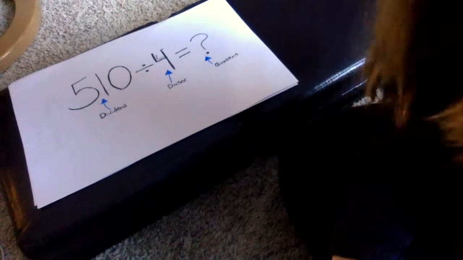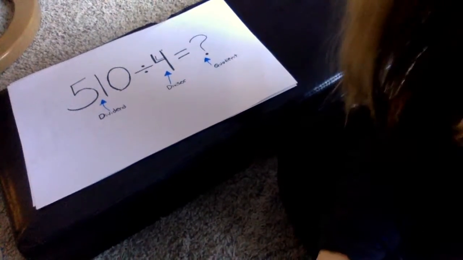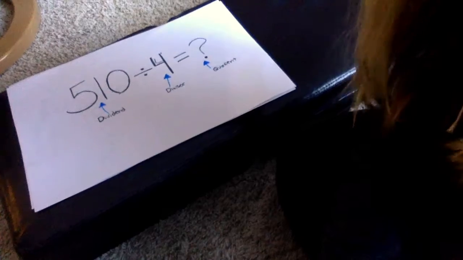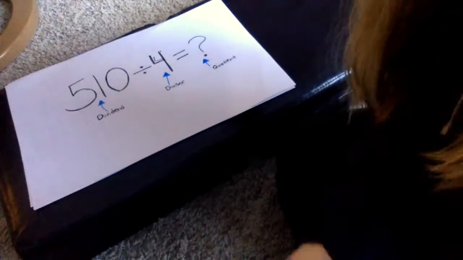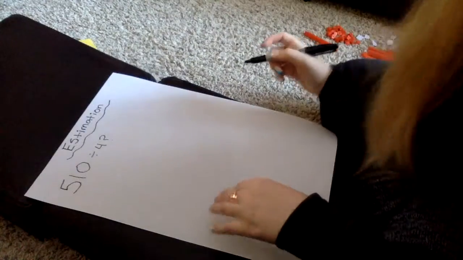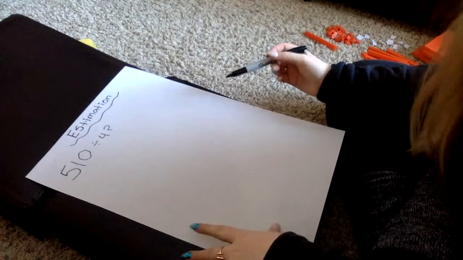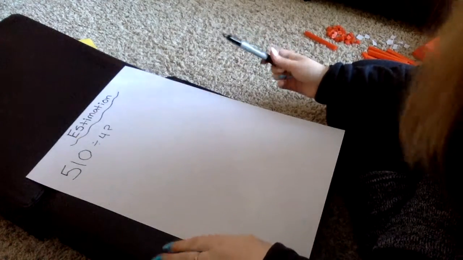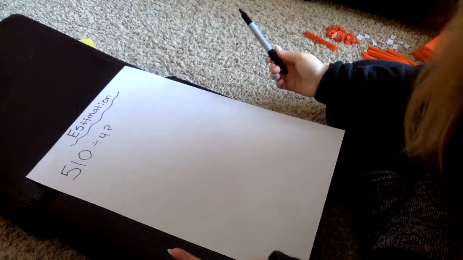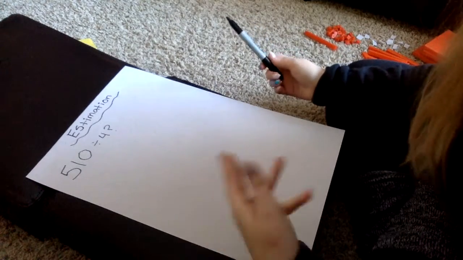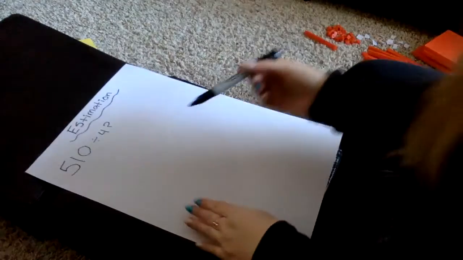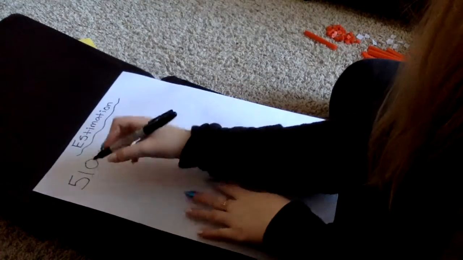The question I have is 510 divided by 4. The 510 is the dividend, the 4 is the divisor, and the answer I will be finding out is the quotient. For my equation, I'm going to be using the estimation strategy of rounding down. The first step in estimation is making your number easier so you can have an assumption of what the answer is going to be. So I'm going to round down and make my equation